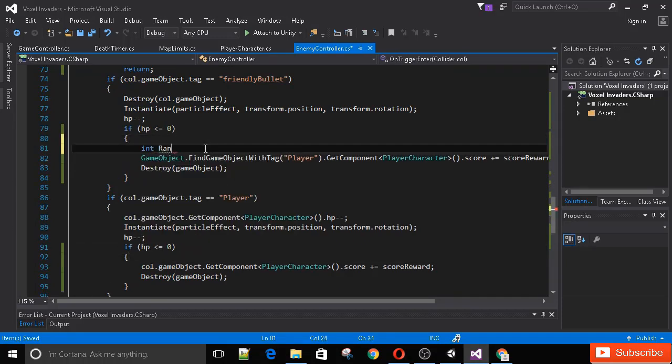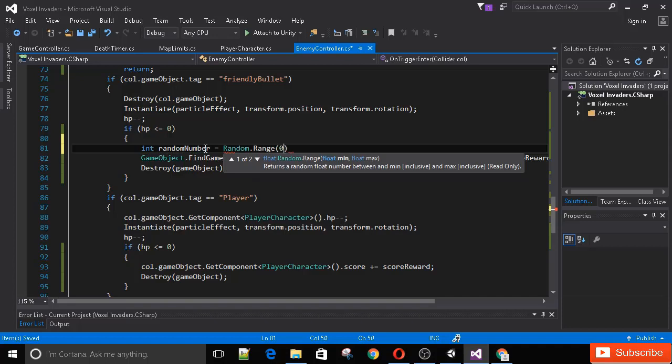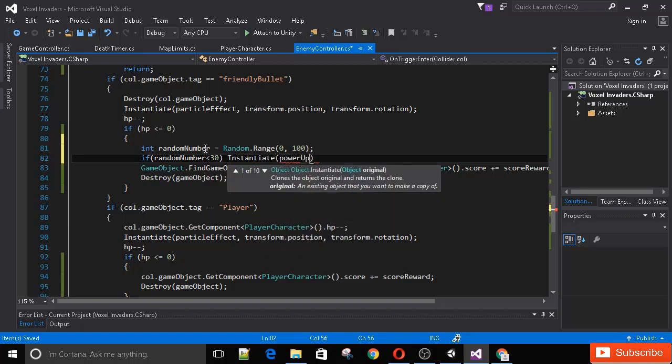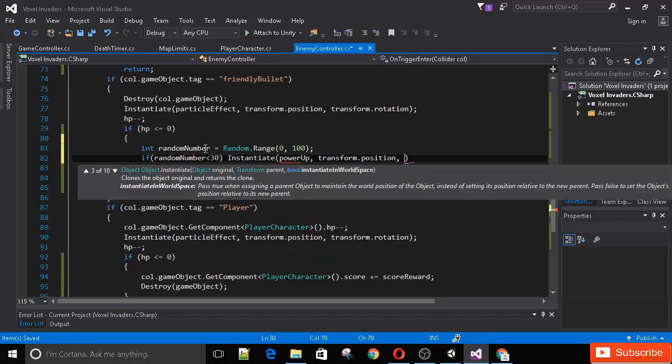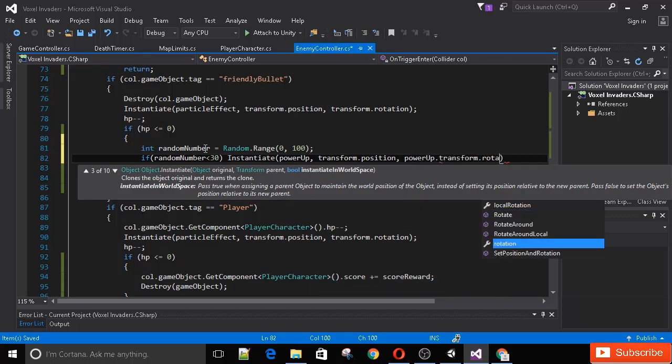So int randomNumber equals Random.Range between 0 and 100, and if this random number is less than 30,